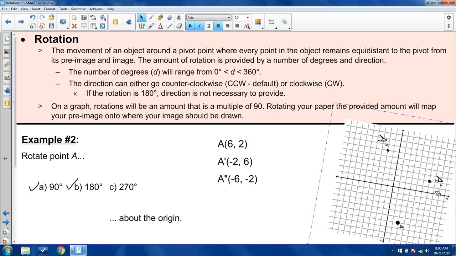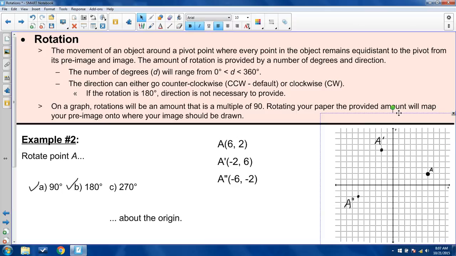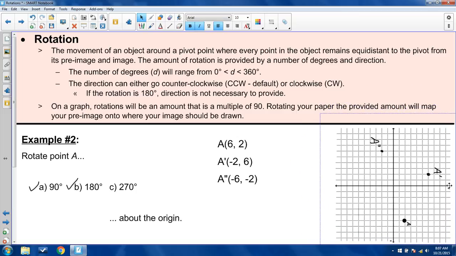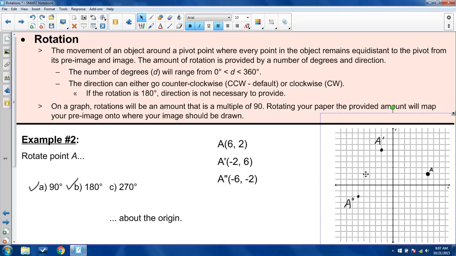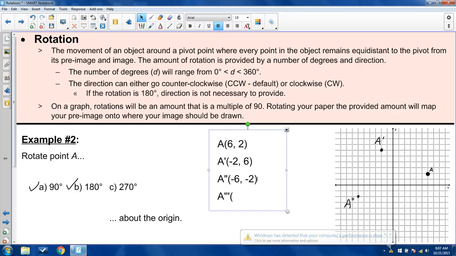And besides the 270 degrees here for A, notice that 270 degrees counterclockwise is the same thing as 90 degrees clockwise. If I rotate that 90 degrees clockwise here, look where A rests, at that final point where A triple prime will be: 2, -6. So let's go ahead and plot that point, and then let's write this down, then we'll plot the point. Then we'll say that we're done, but